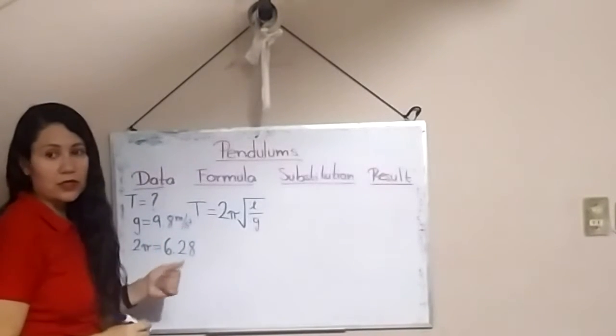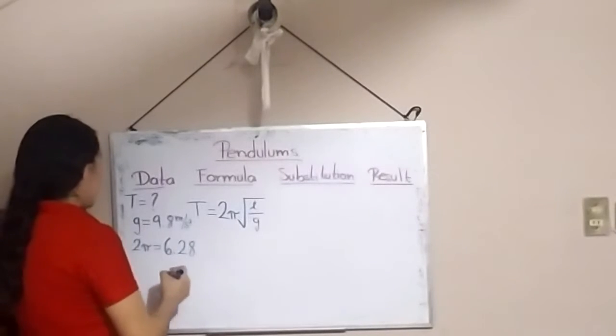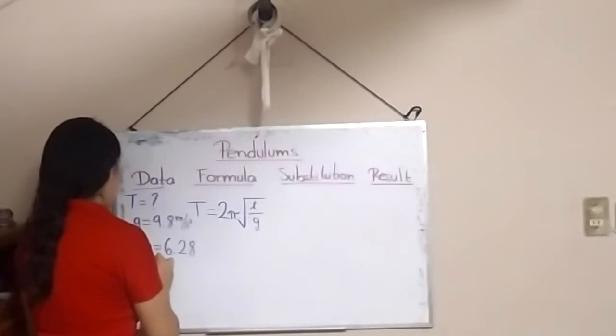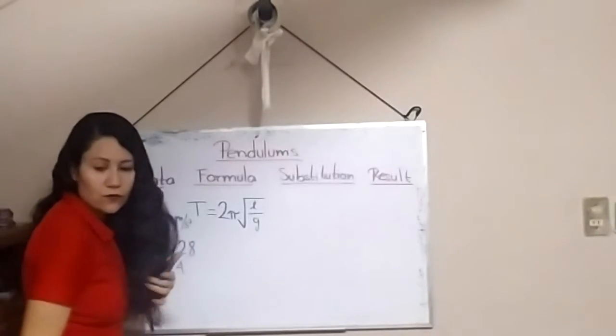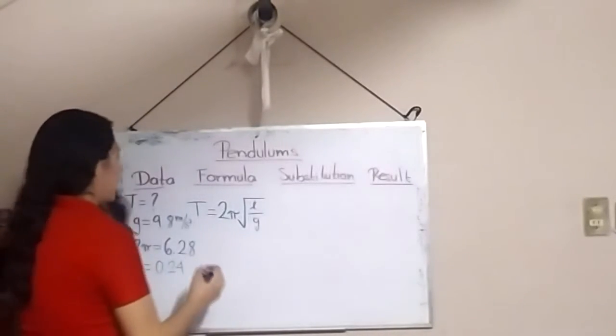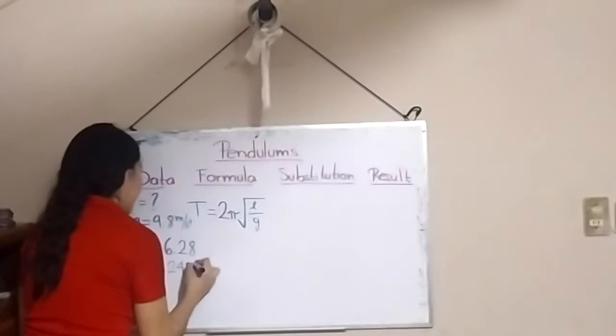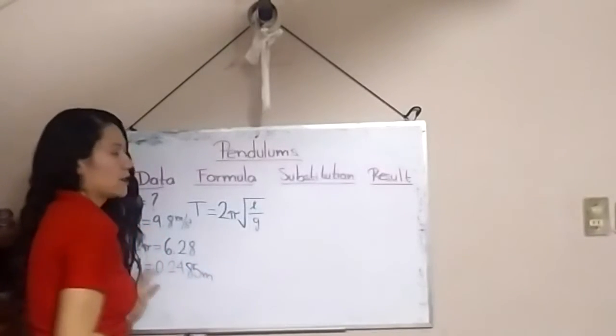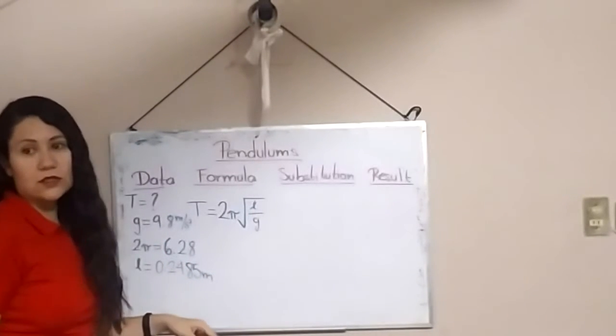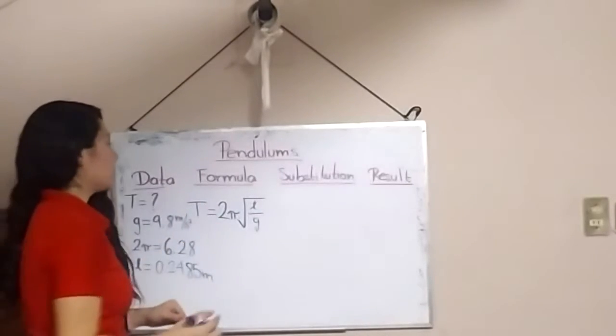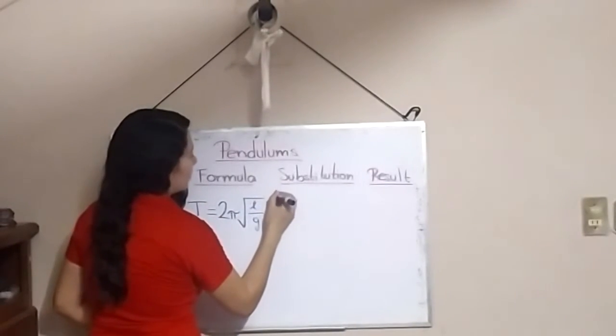It has no units. And the arm length they are giving us is 0.2485 meters. We substitute all the data into the formula, and we have that the period